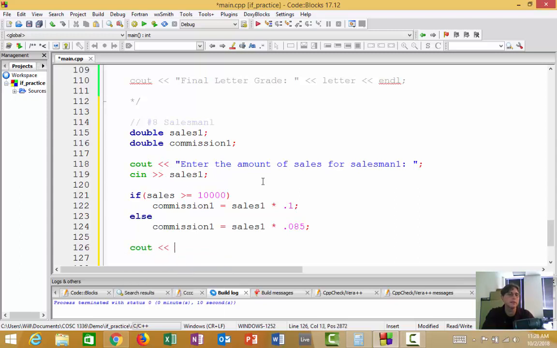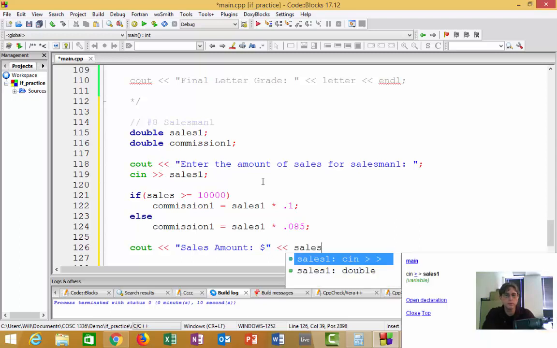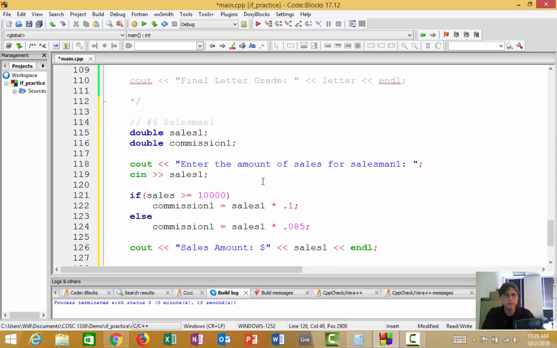So we could have a couple cout statements. Cout, maybe something like sales amount followed by a $ sign, and then sales1, something like that,